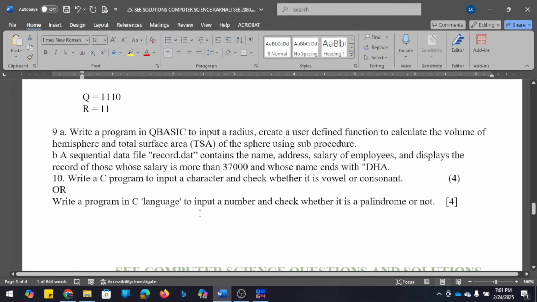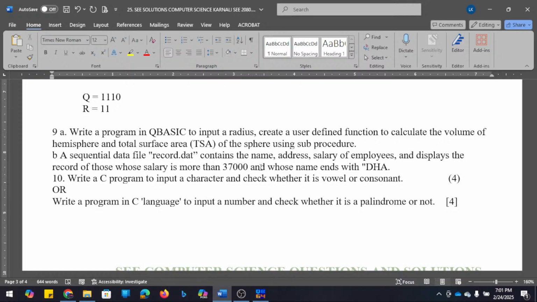Okay, so these are the conversions we can do easily. Now next we have the write program, which we have already done in the previous video. We wrote this type of program. Next is a data file. This contains name, address, salary of employees. Display the records whose salary is more than 37,000 and whose name ends with DHA. So let's go for it. Let's write 9b.